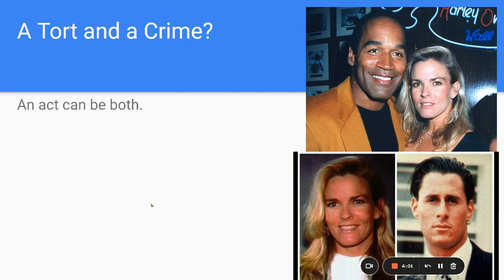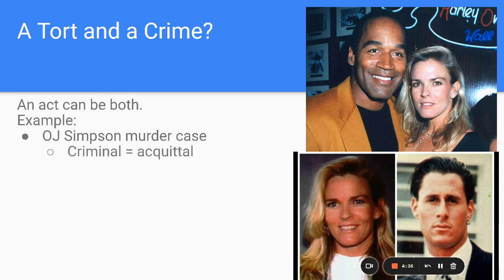All right. Can an act be a tort and a crime? Yes. And the famous case that never seems to escape the memory of Americans, even those of you who were not born until like 15 years after this happened, and people still remember this. The case of O.J. Simpson. Right? And the murder of Nicole Brown and her friend Ron Goldman. And I know some of you are thinking, yeah, friend. No, it really seems he was just a friend. The case can be both, and it can have different outcomes in different courts.